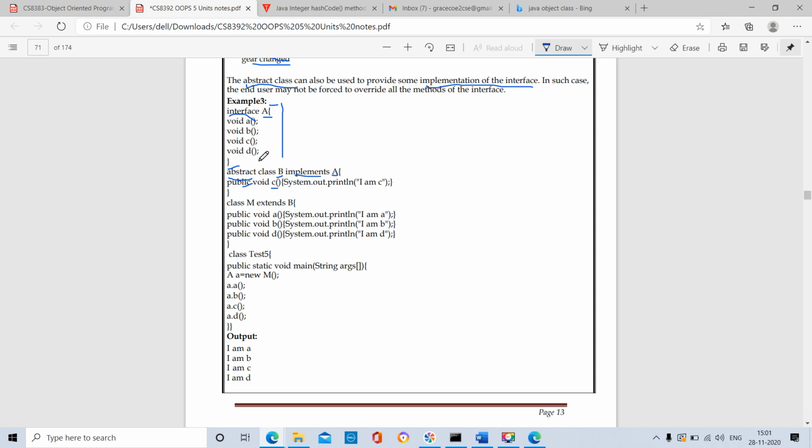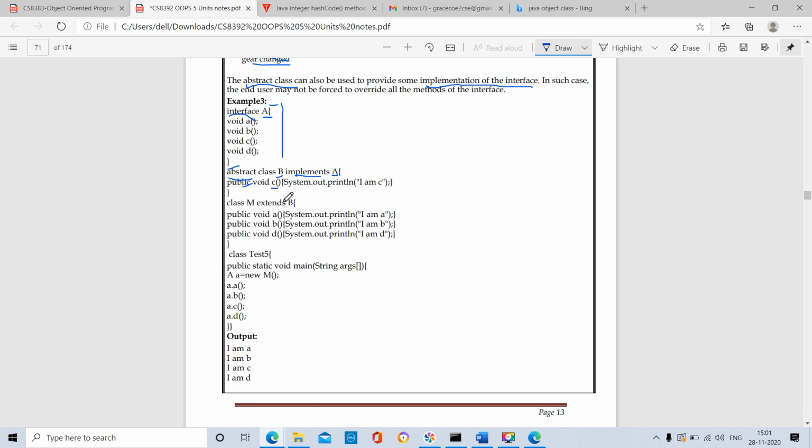In the interface part, we should declare the methods; we should not define them. That is the rule, keep it in your mind. In the interface, we can't define the methods, we can only declare them. So we are declaring the methods A, B, C, D.